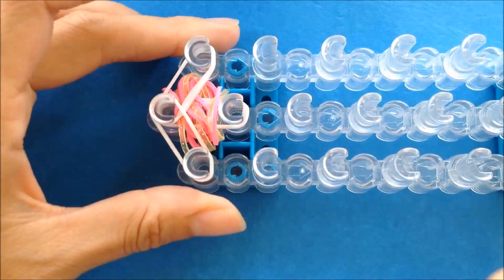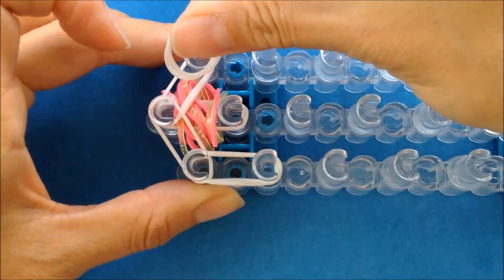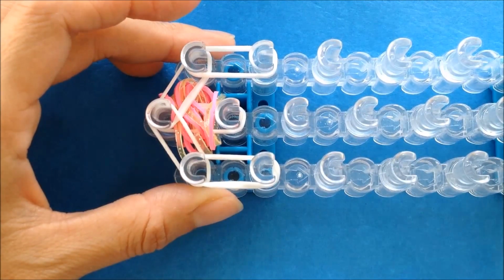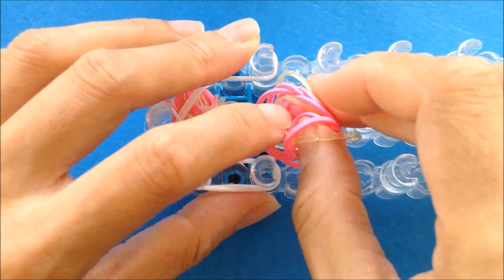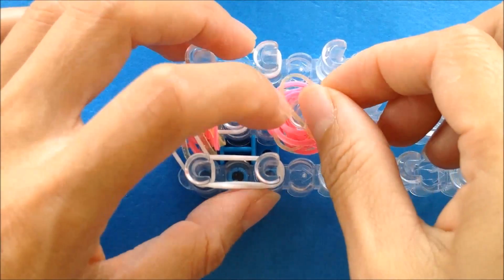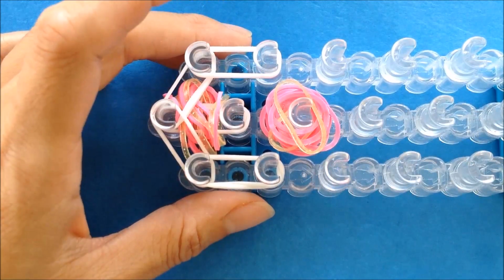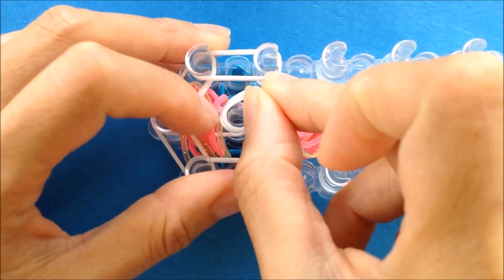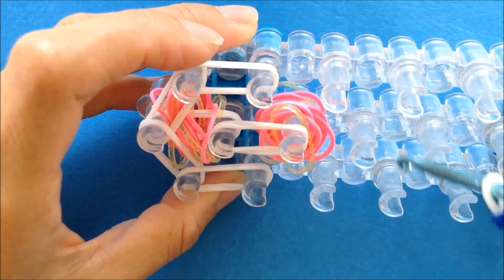And now with 2 single bands, we'll come down once on both sides of our face like that, and getting another set of mane for your horse or alicorn or zebra. Just remember to use the right colors that you want, and set it on the 3rd peg on the center of our loom, taking 2 single bands and looping it from the second to the third peg, and then we'll move all those mane bands